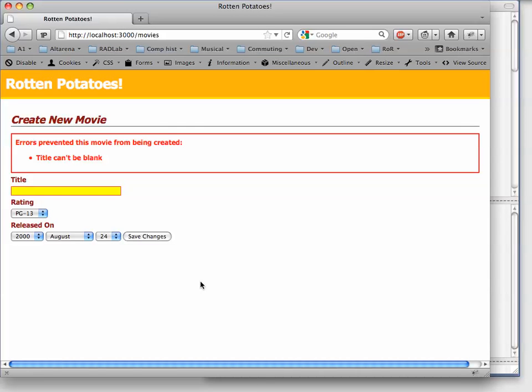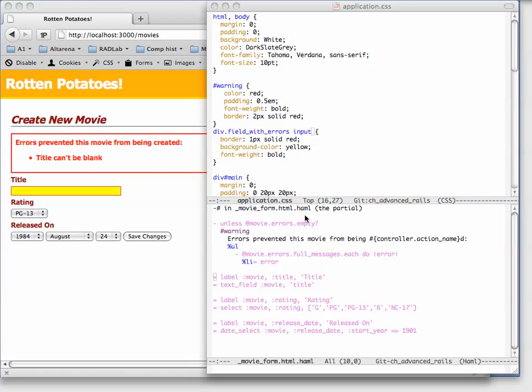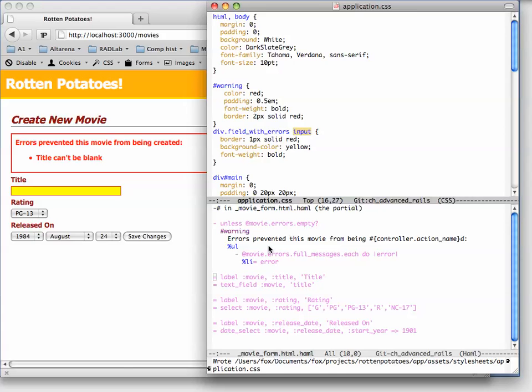The last thing to notice is that even when we submitted a movie with an invalid rating, when we go back to the movie view, even though the movie couldn't be created, the values that we had set for rating and release date are preserved each time. So how does that happen? If we look at the source for the controller method,